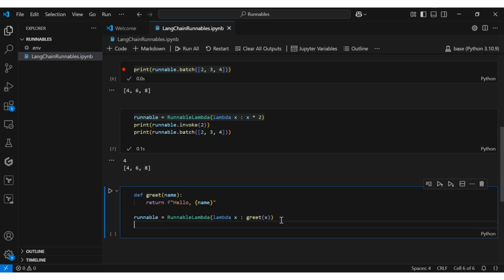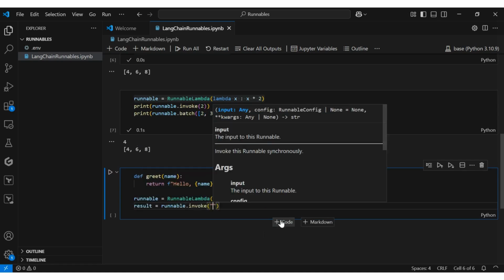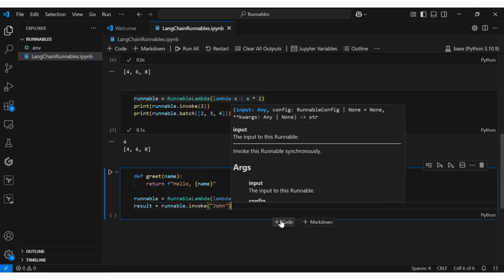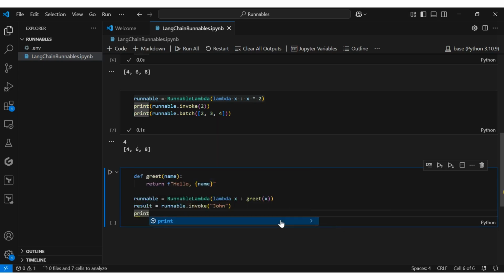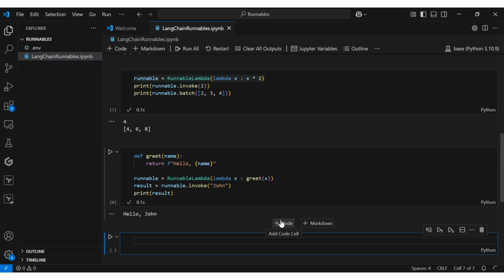So again, we're going to do runnable.invoke, say John. So print results. What we just did is, with the RunnableLambda, we can pass in any value, which is what we did here. We pass in John, which is what we want to transform inside our function. And we already call the function here by passing the actual value, which is John, that was passed